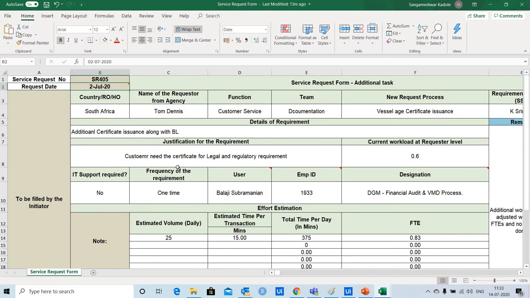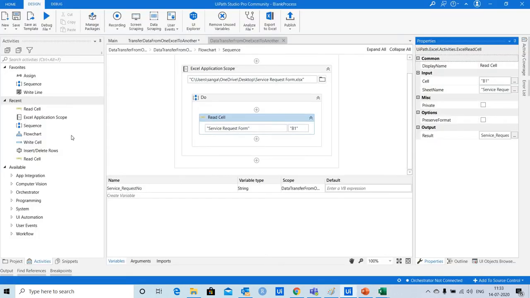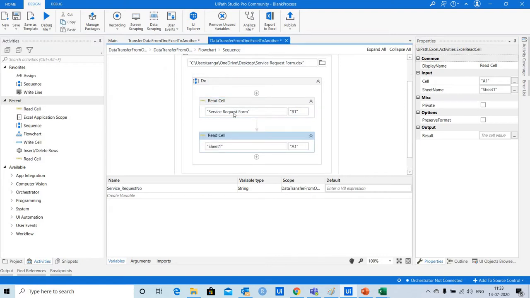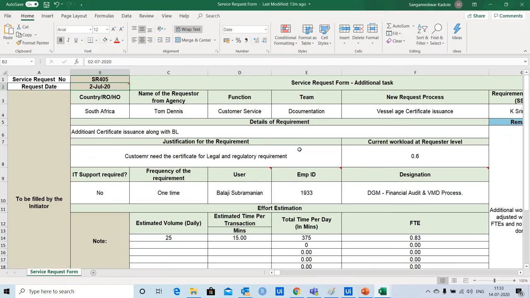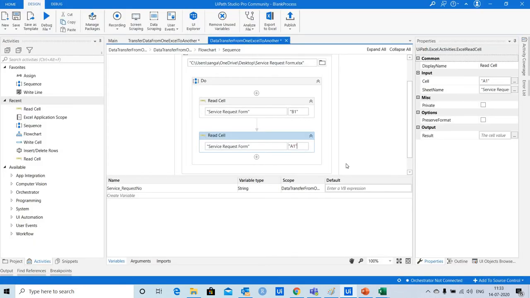Now I need to capture request date from the cell B2. So again I am going to use a read cell activity. So the sheet or tab name is same. Cell is B2. So I'm going to use cell here B2.